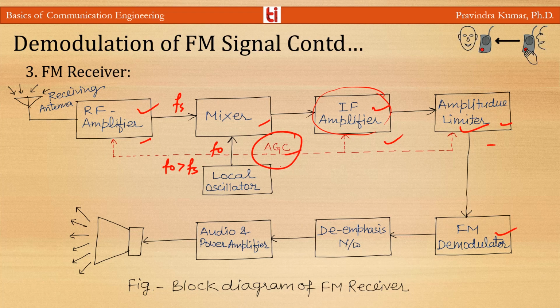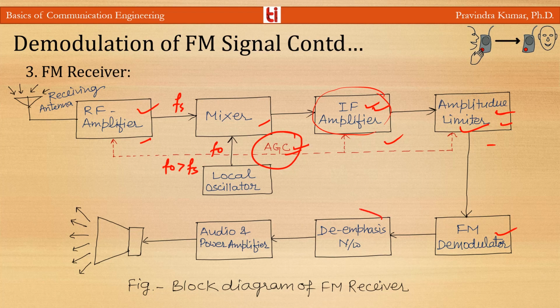Now, automatic gain control, AGC. The use of the second limiter can be avoided by using an AGC circuit. The AGC will ensure that the input to the limiter will always be in the limiting range irrespective of the size of the input. It also avoids overloading of the IF amplifier. So if I use AGC, then the extra stages of IF amplifier will be reduced, and also a limiter block will be reduced.